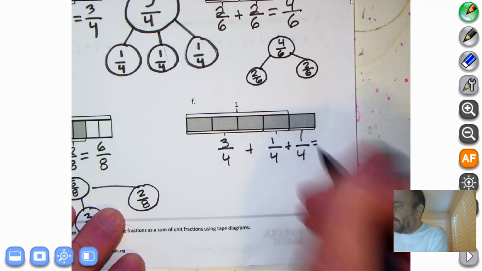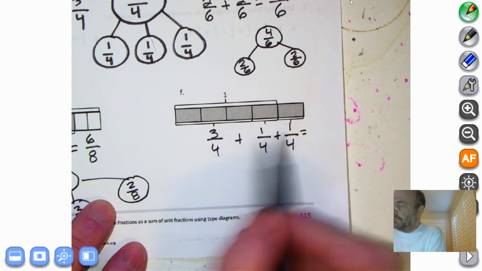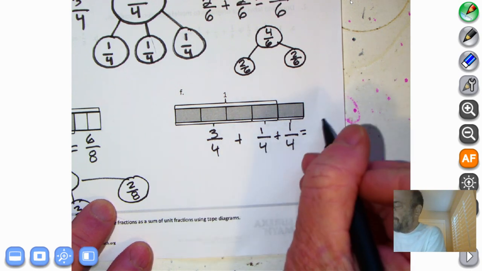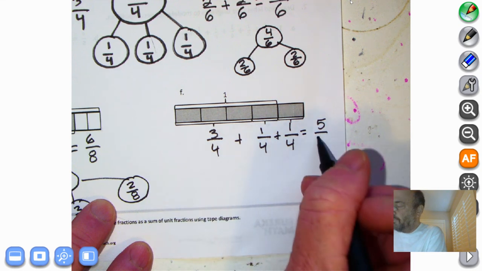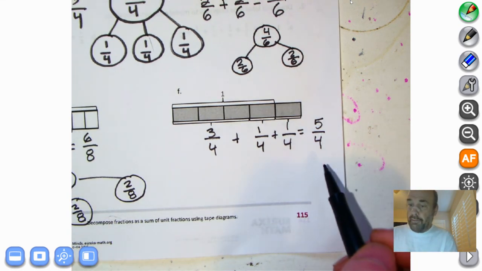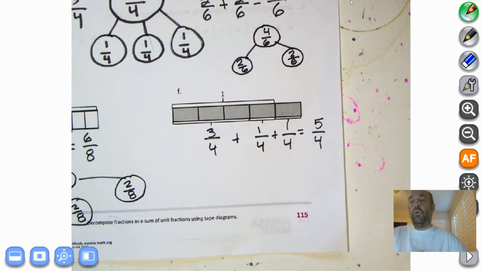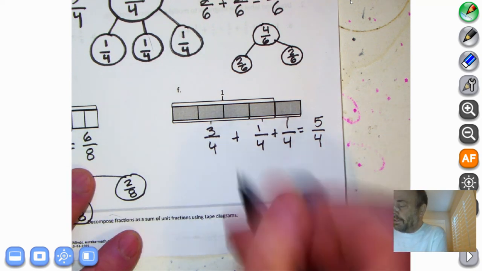So let's see what we get here. We have 3 plus 1 plus 1. Well, that's 5. And then the 4 remains the same. So we have 5/4. Now, when the numerator is greater than the denominator, that means it's larger than 1, okay? So what we're going to do here is make a number bond